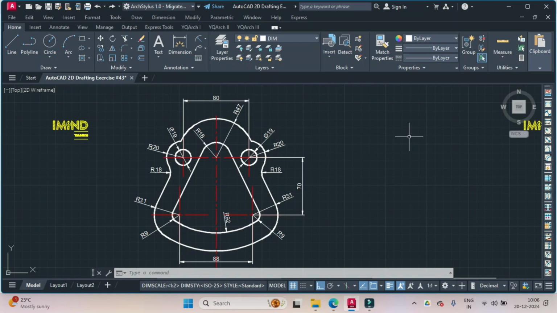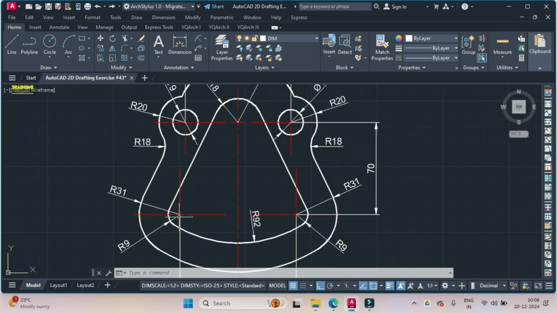Hi friends, in today's video tutorial, we would study how to prepare this geometry in AutoCAD. So as usual, we'll first spend some time in studying this geometry and trying to see how we'll proceed with the drafting. After analyzing this drawing, I feel that the best starting point would be by drawing this small circle